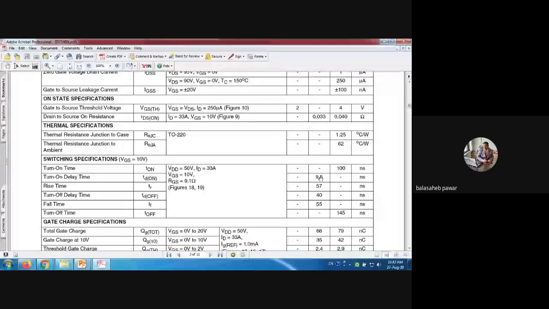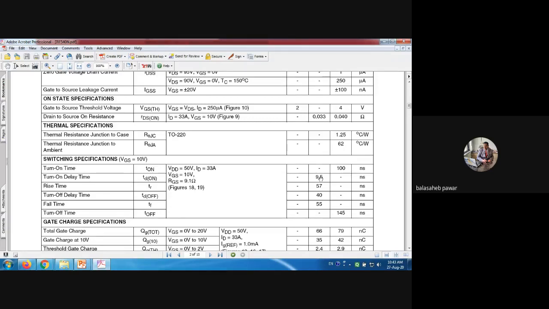See, if you plot one ideal pulse, then its on period is how much? 0 seconds. That means from 0 to peak, how much time does that pulse take? It takes only 0 seconds. That's why we draw that vertical line perpendicular to the x-axis, right? But in actual practice, it is not perpendicular. It will have somewhat of a slope, and that is nothing but this turn on delay time. It is 9.5 nanoseconds.